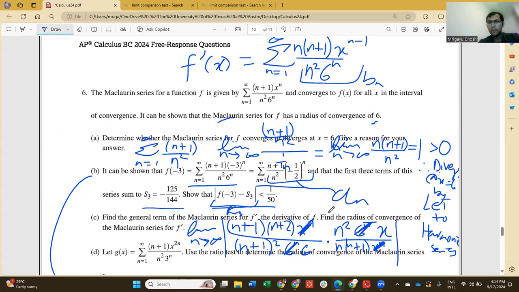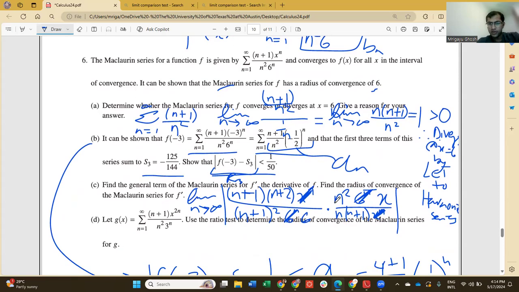Okay. So what else? Is there anything else? Yeah, n plus 1 can cancel. So then this equals x can come out, the absolute value of x, times the limit as n approaches infinity of